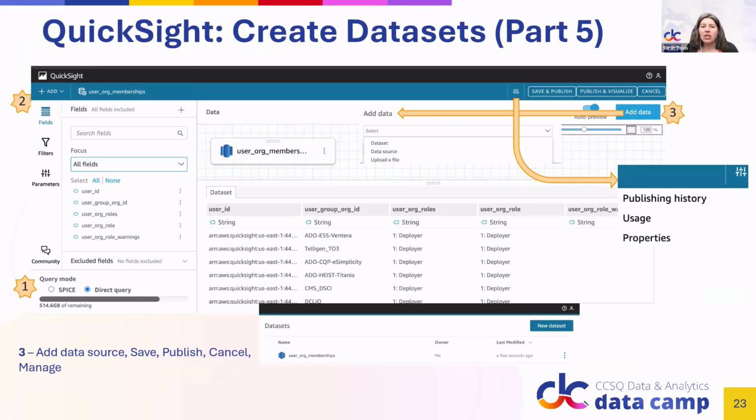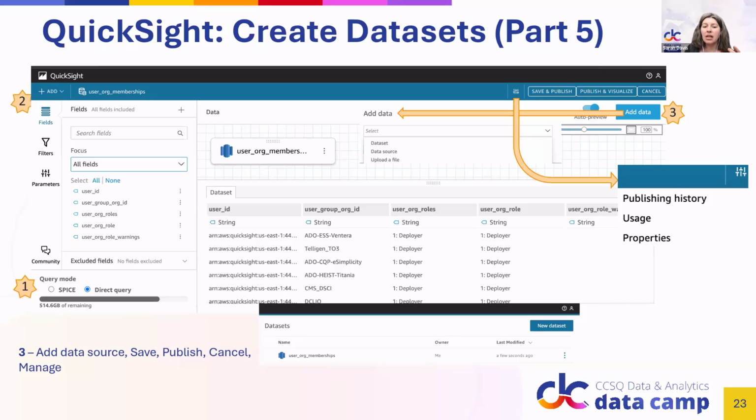All right, so once you have selected your query mode, made all of your field, filter, and parameter changes that you want, you now have the ability to finalize the data set creation. You would select the blue button in the upper right-hand corner, and then you'll get to select whether it's a data set source or upload a file. Most of the time, you're just going to want to select data set.